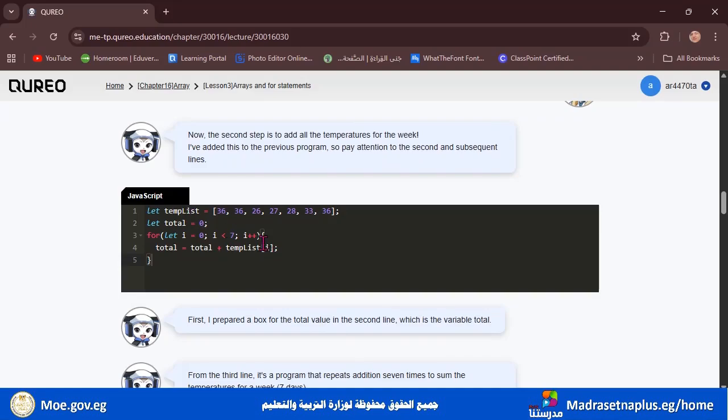And the i is the position of the value we want. Let's understand it step by step. The final line here, what does it mean?